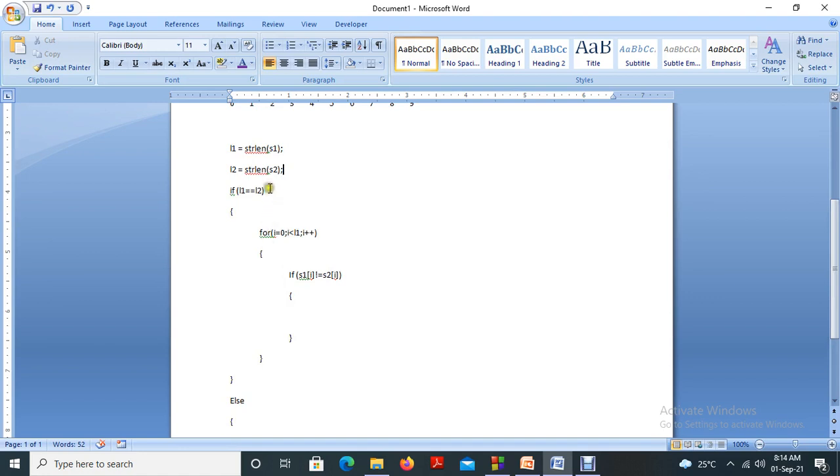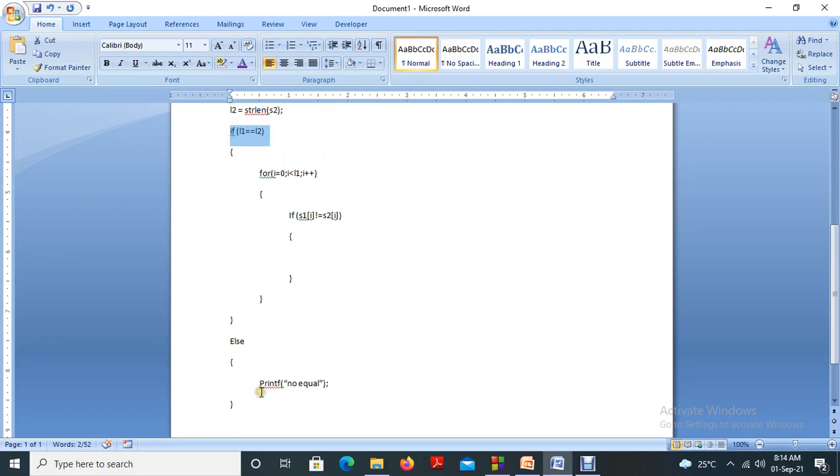First one, if the length of the strings are different, then we have to say printf not equal. And if any of these cases is true, that means not equal, then we have to say printf not equal.